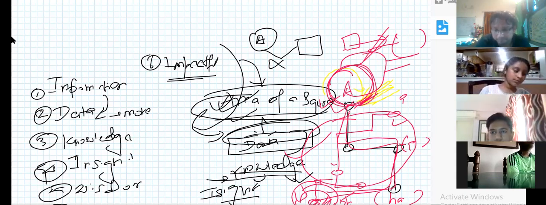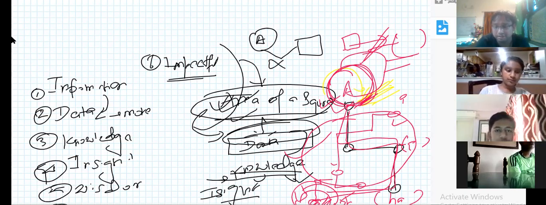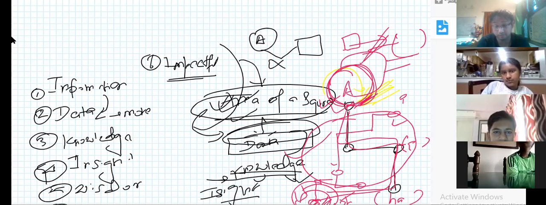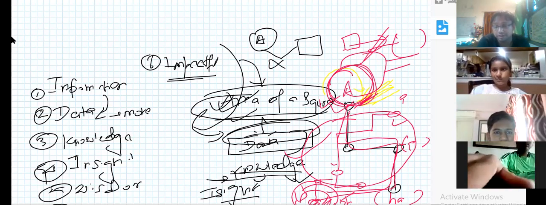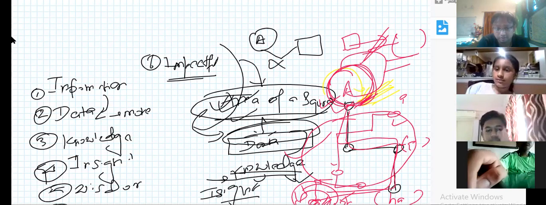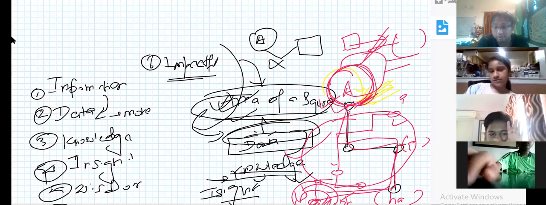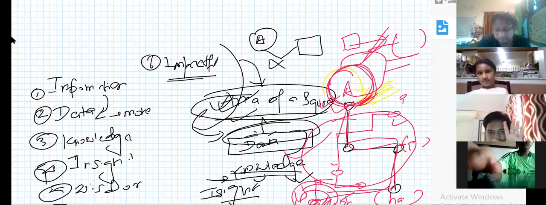Pratik, sir, give an example. Give any example, maths, science, anything, please. Jay, you also, please give any example, of football. How can you classify information, data, knowledge, insight, wisdom, and the impactful in that? Please.